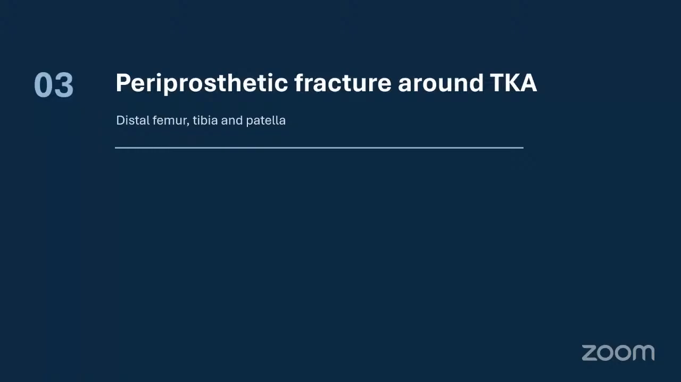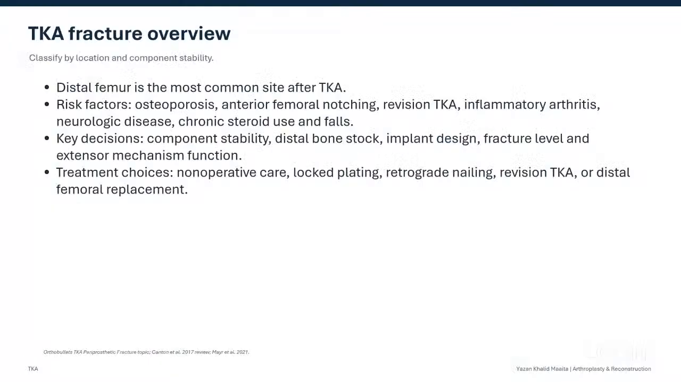So let's now talk about the periprosthetic fracture happening around the total knee arthroplasty. Total knee arthroplasty fracture: the distal femur is the most common site after total knee replacement. The risk factors are osteoporosis, anterior femur notching, revision total knee arthroplasty, inflammatory arthritis, neurological diseases, or chronic steroid use,